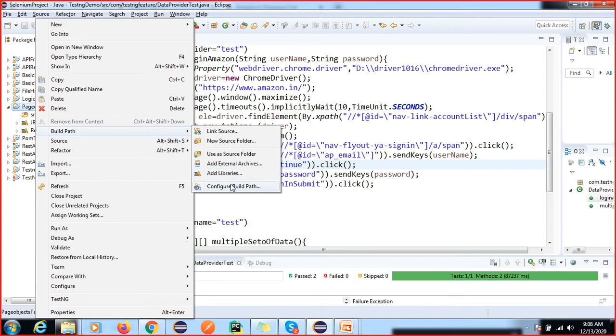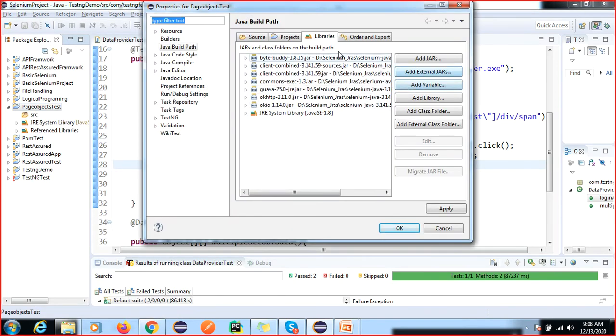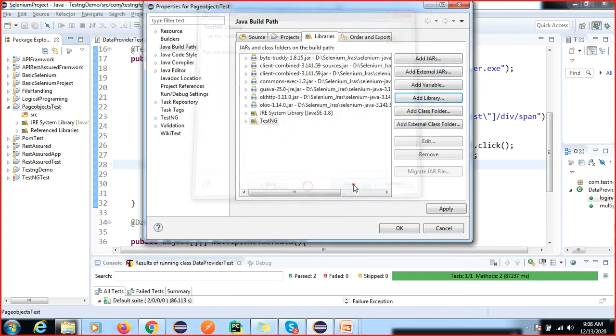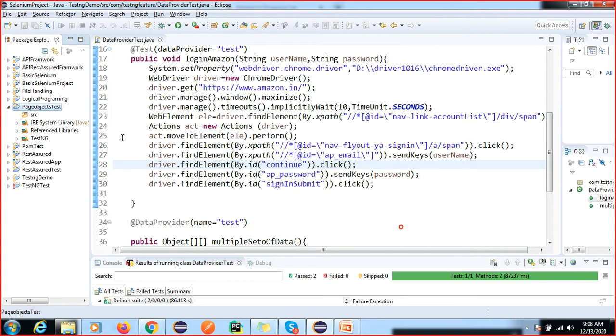We have to use the TestNG library. Add library, TestNG, apply and finish.